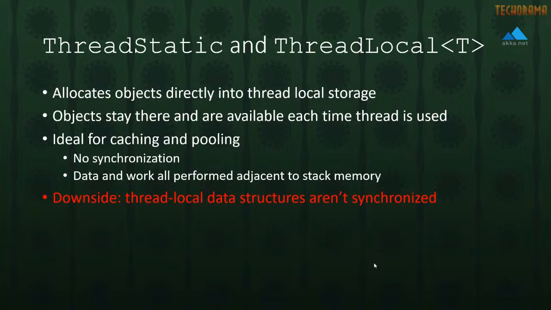The downside of thread local data structures is also their strength, which is that they aren't synchronized. This means we can have multiple variants. So, a good example, if I'm on thread 1 and thread 1 just deserialized a message from actor A, and then thread 2 is the next thread that gets scheduled to process messages from that socket again. And we also have another message from actor A on there. I can't use the cached value that we just wrote into thread 1's thread local data structure. I have to go ahead and have a cache miss all over again and reproduce that work. That's an example of variance, meaning that the data looks different on a per thread basis.